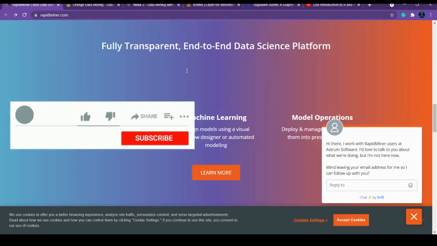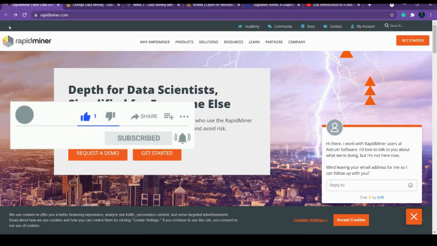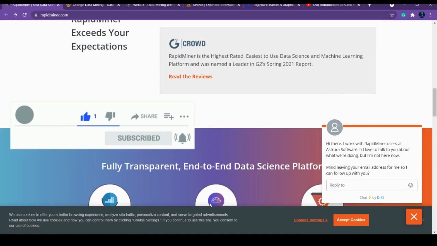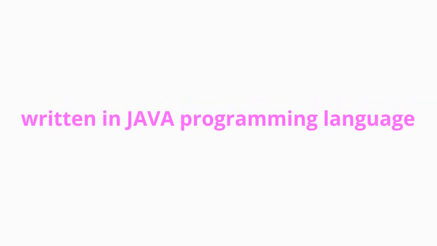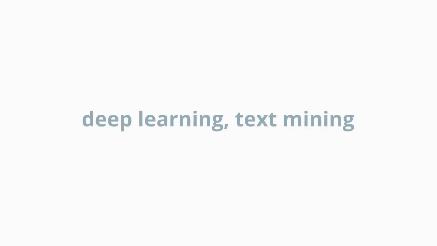So in that series, I'm going to show you the very first tool, which is the RapidMiner tool. So RapidMiner, here you can see it. RapidMiner is an open source tool, one of the best predictive analysis systems, developed by the company called RapidMiner. It is written in Java, so it is a very integrated environment for deep learning, machine learning, predictive analytics, and text mining.